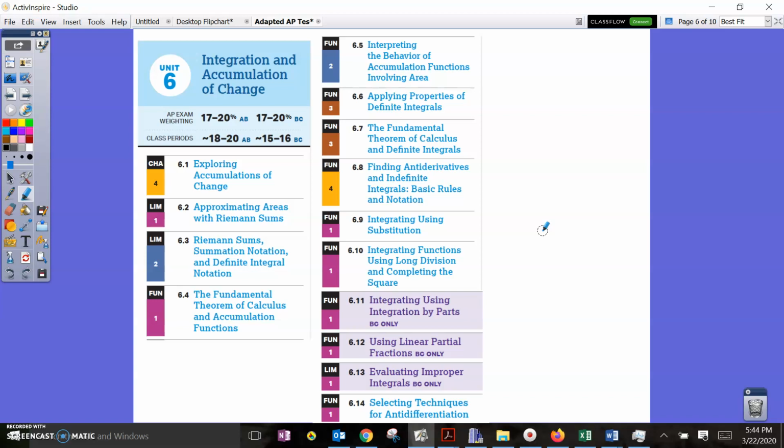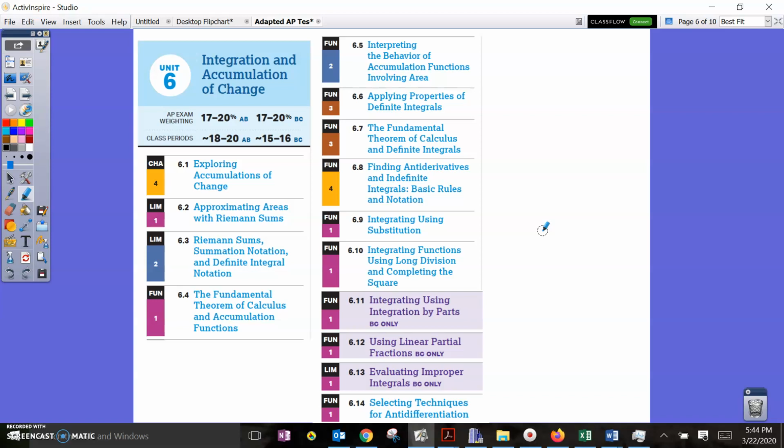Riemann sums, the connection between Riemann sum and the integral, fundamental theorem of calculus, interpretation of accumulation functions, definite integrals, finding antiderivatives, the basic rules and the notation behind those, integration using substitution, integration using long division and completing the square, things that we need to simplify algebraically in order to integrate, integration by parts, partial fractions, linear partial fractions specifically, their focus is, and evaluating improper integrals,